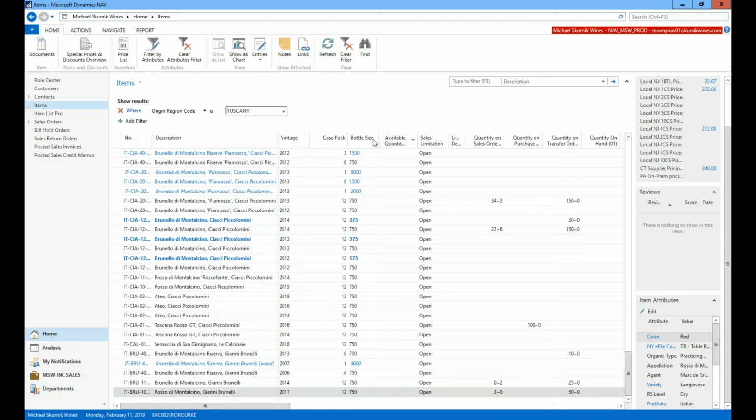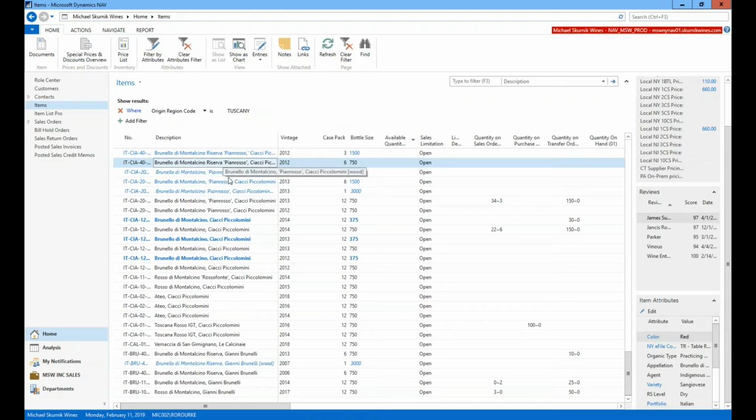So as you can see, even as much as I've been using the system, there's still some learning to find the fastest ways to do it. But anytime you want to run a search for Tuscany, pick an item from Tuscany and open up the card, and there you can see exactly what attributes are applied to that item. So here, if we open up Pian Rosso